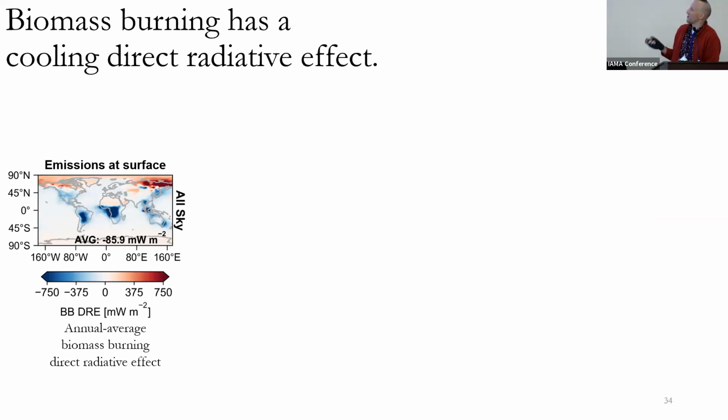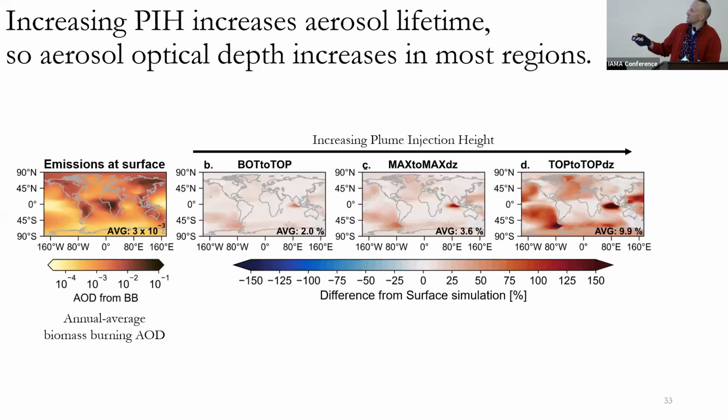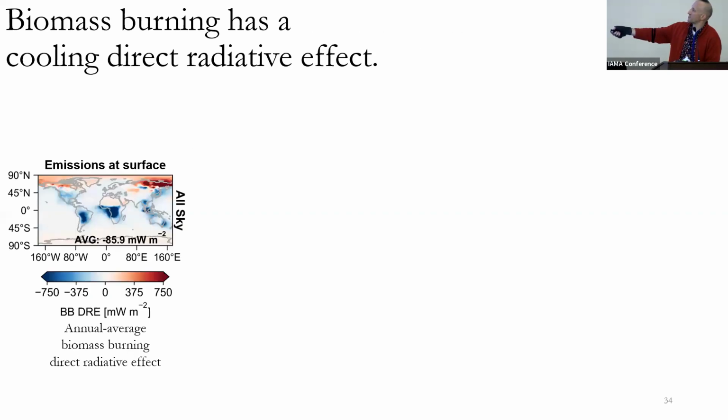All right, so this is just now to build off of aerosol optical depth. This is our predicted direct radiative effect due to biomass burning. And you can see to some degree, it's similar in terms of what places are strongest to our aerosol optical depth. However, we get changes in sign. So when that aerosol, the smoke, is over dark surfaces like forests or oceans, you get a cooling effect. So the smoke is more scattering than the surface below. But when the smoke is at high latitudes where there's snow and ice, you end up with a warming effect.